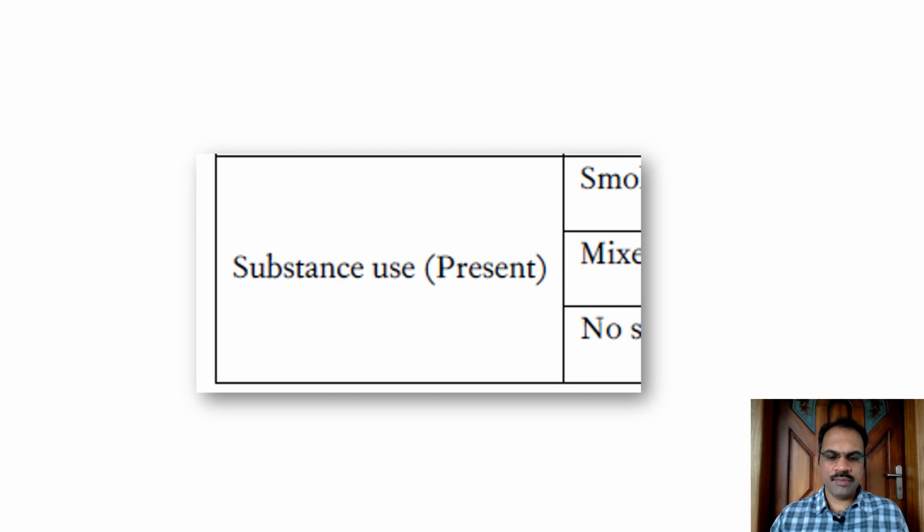This is an example from a table. Substance use present. You may feel that the authors are trying to say that this particular number of patients had substance use. Substance use was not absent, it was present. But actually in this particular situation, the authors wanted to convey something else. They wanted to convey that presently, not in the past, the patients had substance use. So the confusion arose. It would have been better if they used current or something like that. It would have been clear, and this kind of confusion would not have been there.